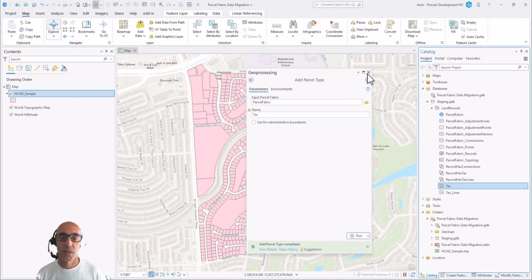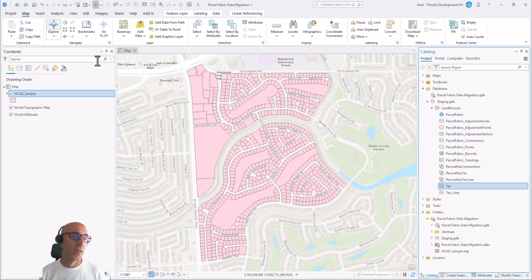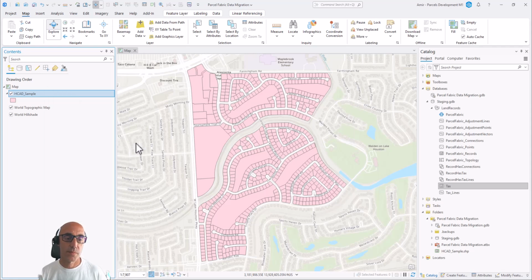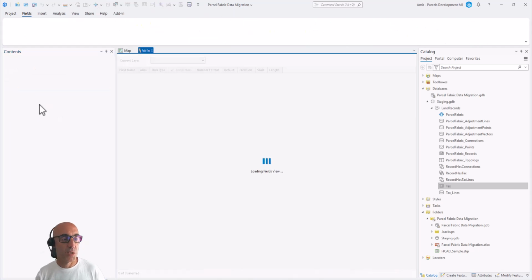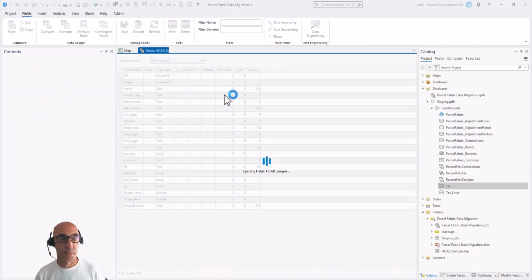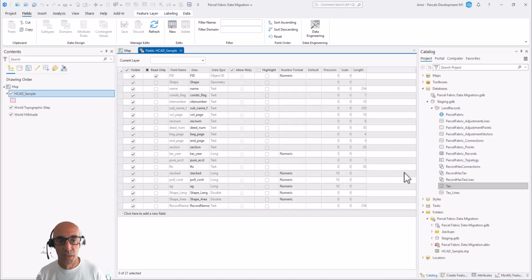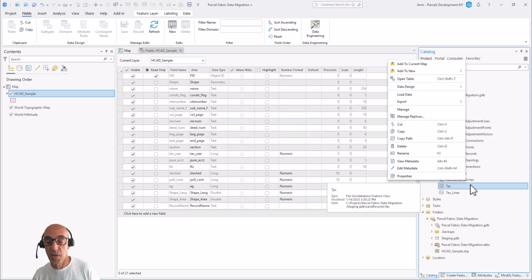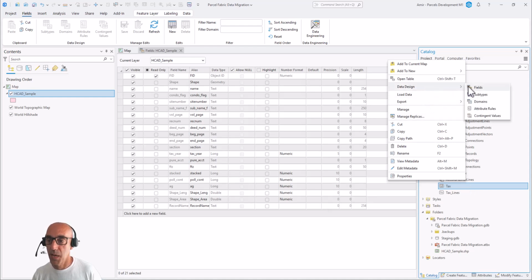Excellent. One little problem. The schemas of my shapefiles, let's go data design, fields. You can see that's a dumb shapefile. It can only design fields. There's no domains, contingent value, attribute rules. It's very limited. And right click on the target feature class, which is the tax, and I'm going to go data design, and I'm going to design the fields,